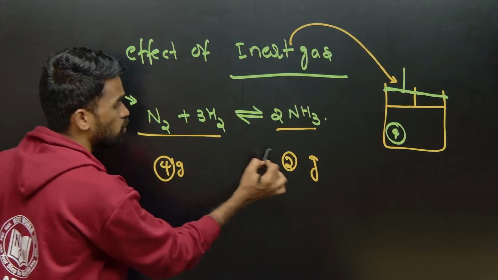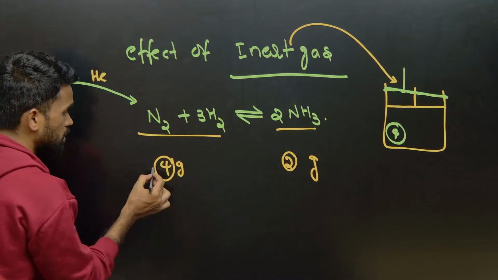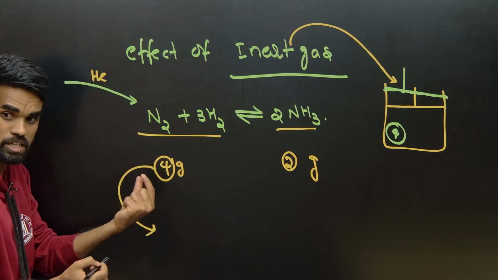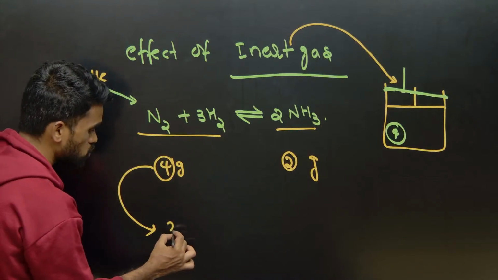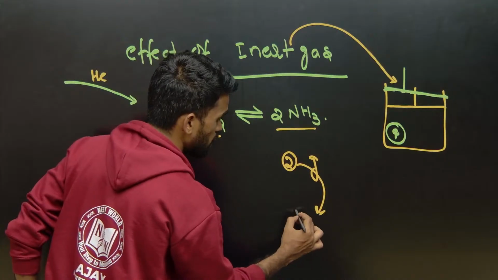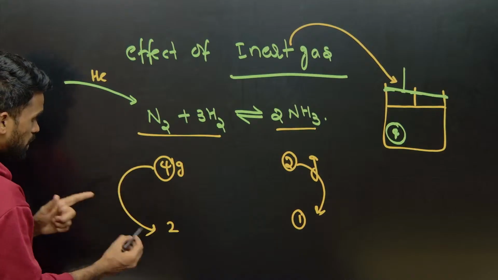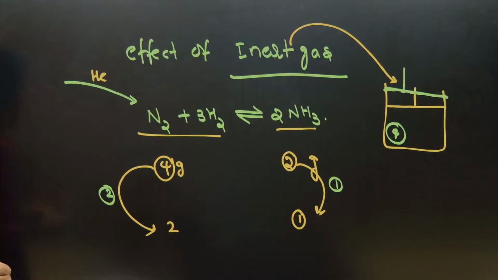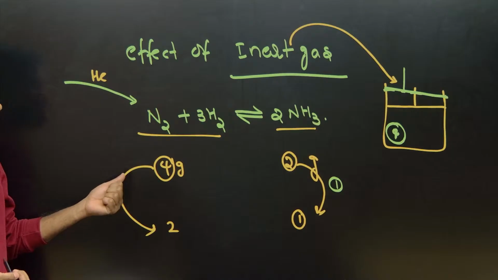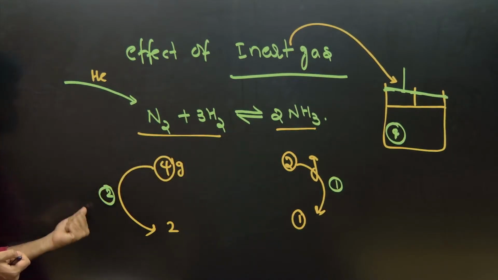Initially we have 4 and 2, 4 reactants, 2 products. But the number of moles present in unit volume decreases, so decreased by half, let us say. So this becomes 2 and this becomes 1. So where do we have greater decrement? Here the decrement is 2, here the decrement is 1. So where do we have more gaseous molecules decreased? Here, on this side. So the equilibrium will shift backward, because the decrement